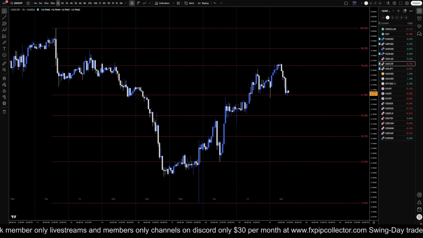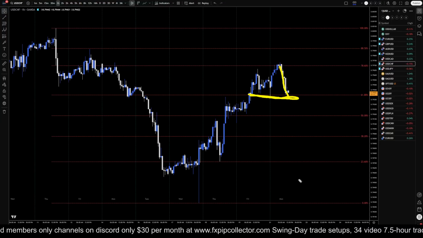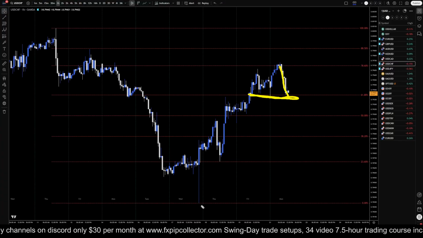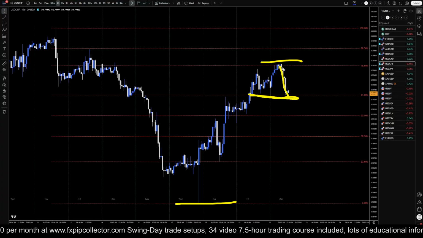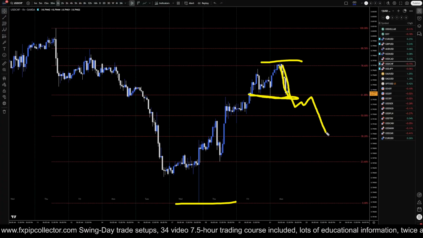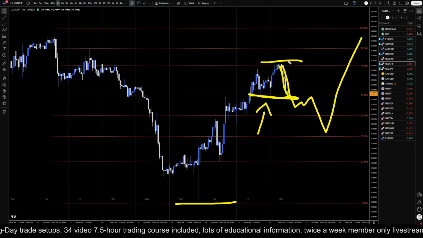Going down to the 1 hour time frame, we got this nice push down. If it breaks and holds below this structure, which it looks like it is trying to, the first thing I would do is throw my Fibonacci retracement on this whole move up right here. Then I would be looking at this move down as very likely a pullback within the uptrend. Now, we have not broken this structure, so it may not even make this pullback.